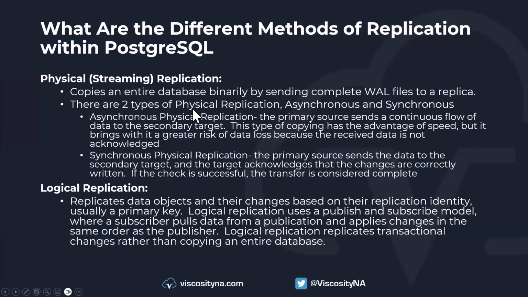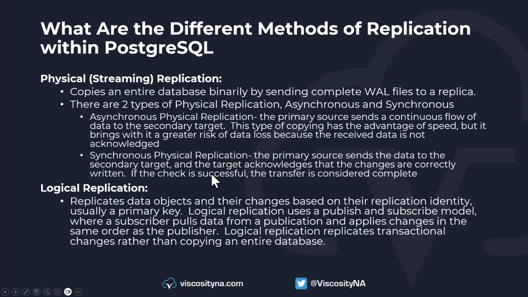The different methods of replication within Postgres are, as I said previously, physical, sometimes called streaming replication. In this case, an entire database is copied binarily by sending complete write-ahead log files to a replica. Write-ahead log files are basically transaction log files. There are two types of physical replication within streaming: asynchronous and synchronous. In asynchronous replication, the primary source sends a continuous flow of data to the secondary target. This type of copying has the advantage of speed, but it brings with it a greater risk of data loss between the primary and standby, as data is not acknowledged to have been received before the commit takes place